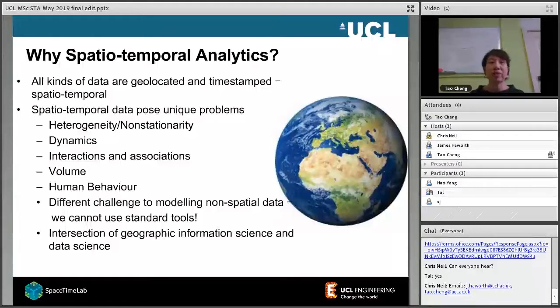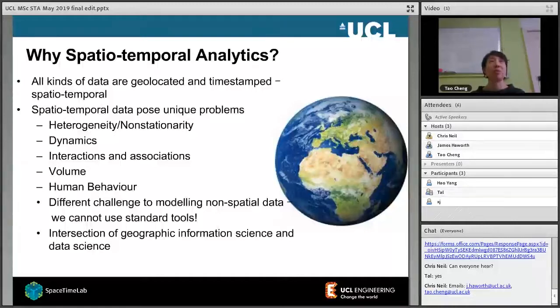Even when you travel in London and use your Oyster card, with your smart card data, or use the bank card to pay for it, we know where you are, that's the station, and we also record the time of your passing the station. That's what the spatial and temporal is about: the location and time. So what is special about it?